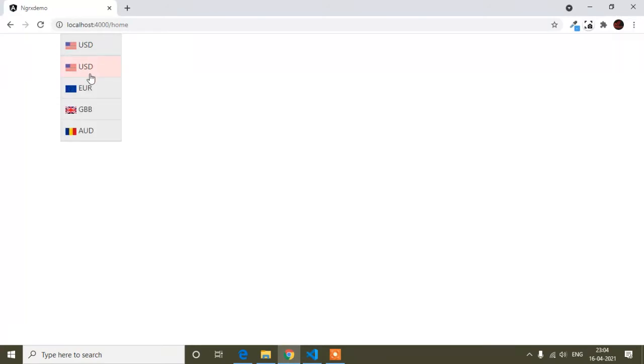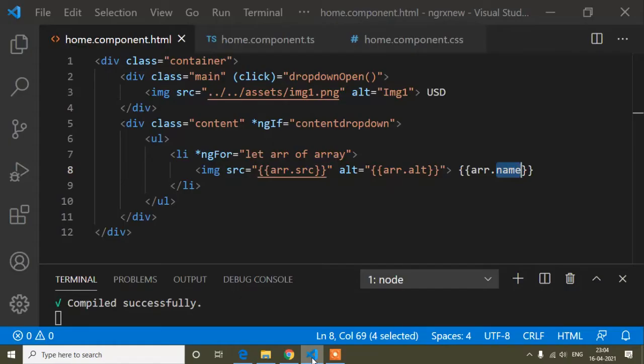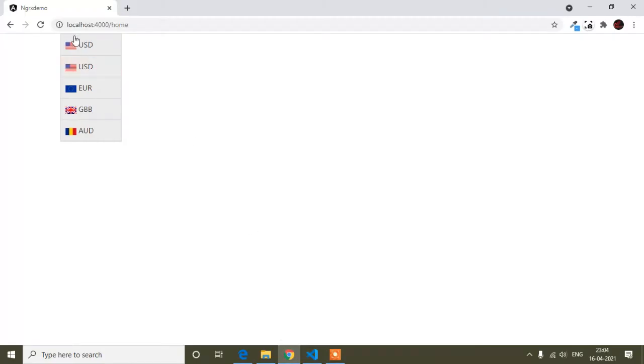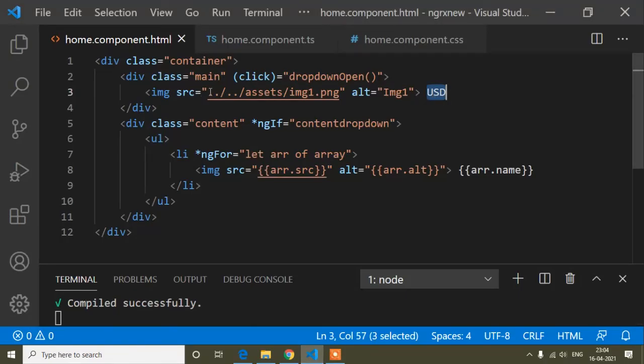If I click, you can see it's bound here. Okay, now when I click any euro, that will be added here. But before that, you can see I have set the default as USD. Default means the first one. So here I have set the default USD and the country image. For that, guys, just inside this source tag,